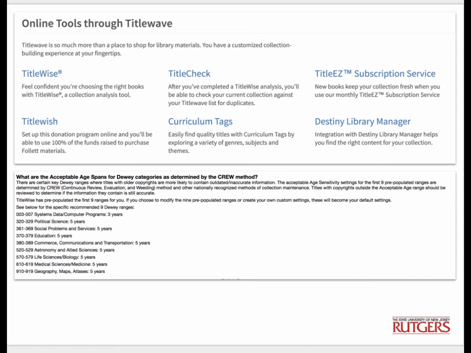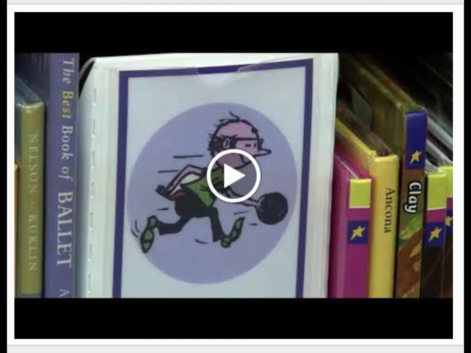And one of them is TitleWise, which is a tool for analyzing the quality and the age and the intensity of some subject areas of your collection. I'm going to play this little video from Follett to talk about the importance of a few things, of collection development as a plan, and also using these analysis tools.